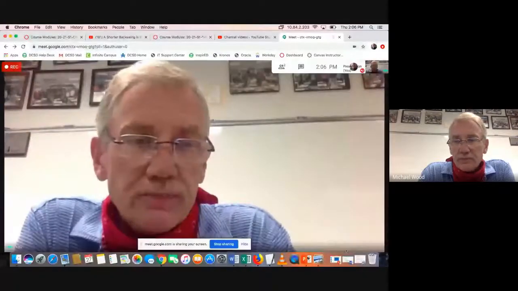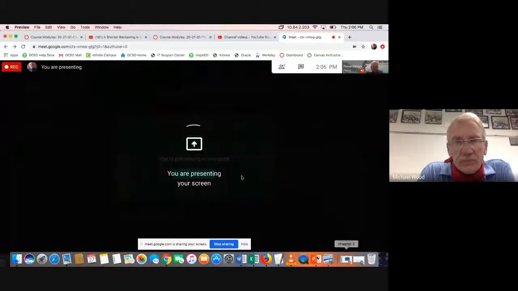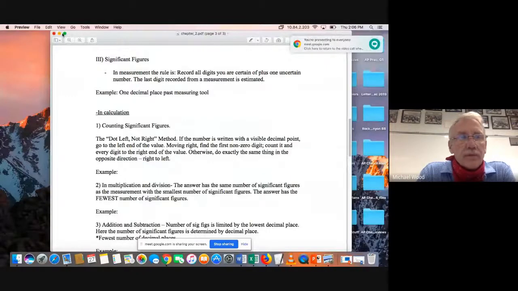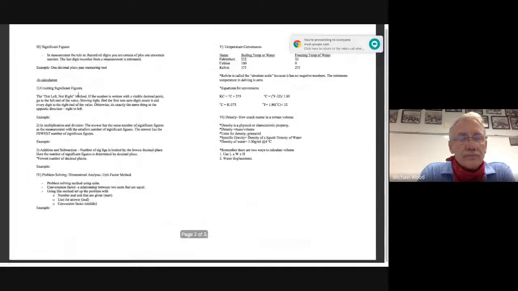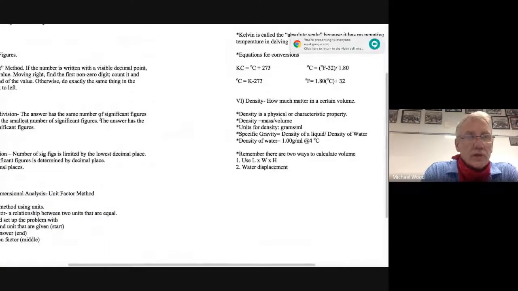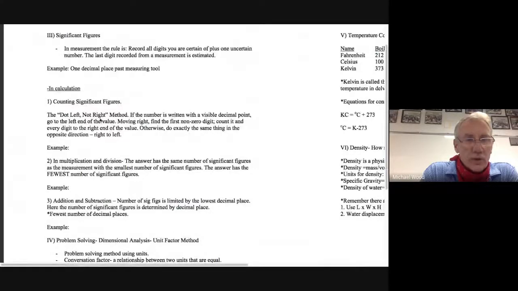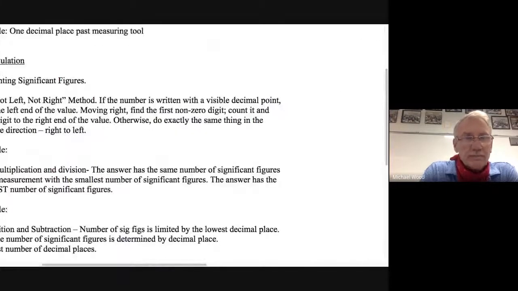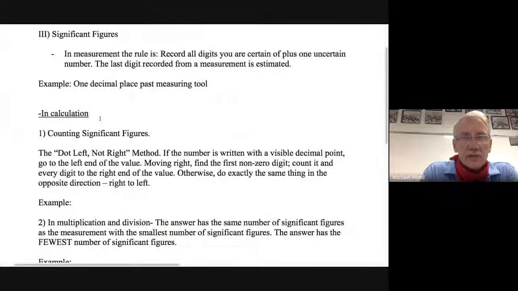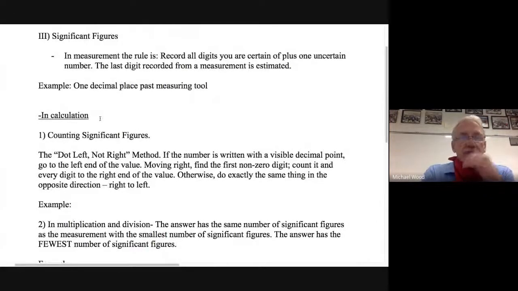So let me get this up. I'll show you what I'm going to change. Okay, so here are the notes for today. I'll scroll down. But significant figures, this is going to be important when we do measurements and also when we do calculations. So the first is measurement, and this is part of the reason when we did the Alka-Seltzer